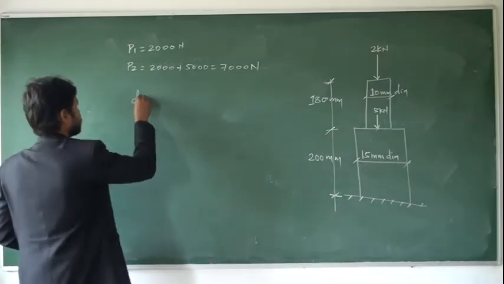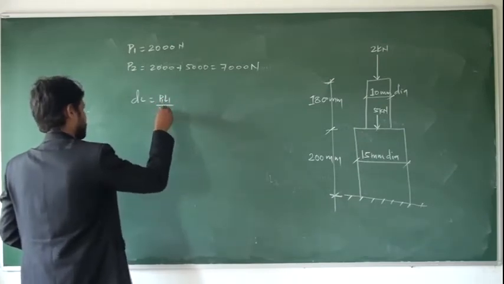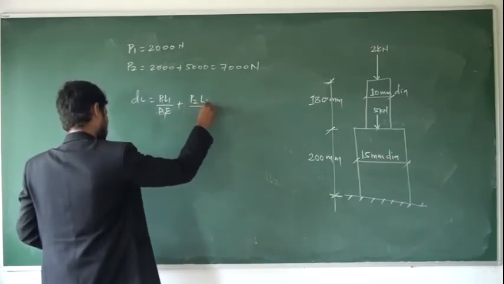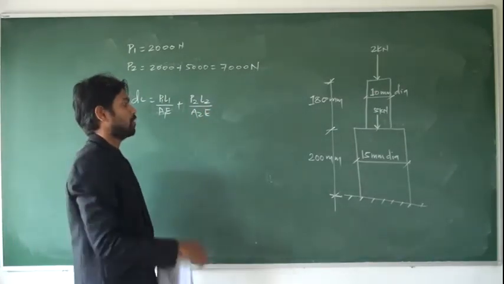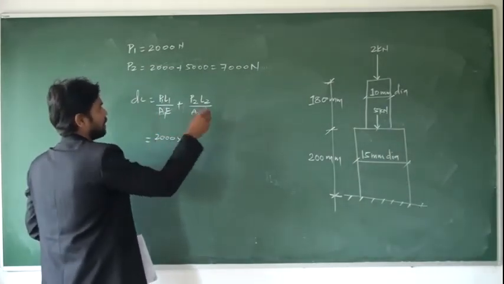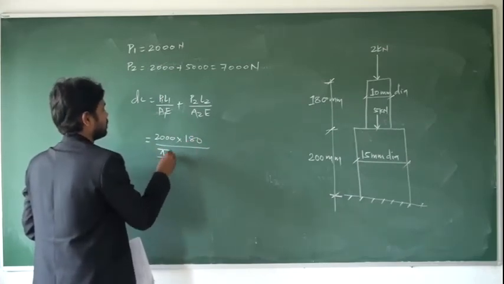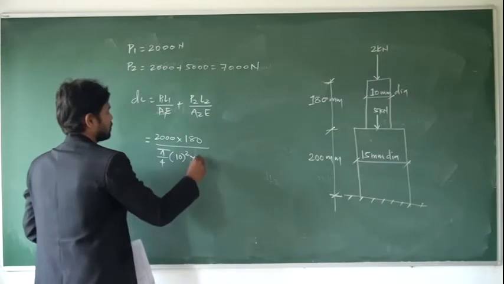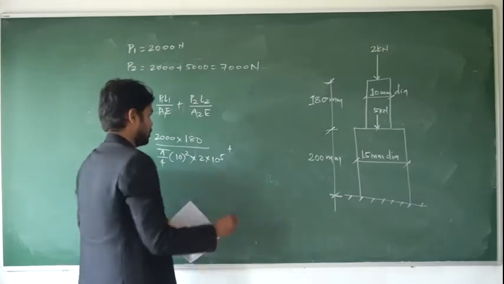So this dL will be equal to P1 L1 divided by A1 E, plus P2 L2 divided by A2 into E. I have directly put the formula because two different parts are there. What is P1? P1 is 2000. What is length L1? It is 1 inch. Divided by A1. A1 is the area of the first part, that is pi by 4 into 10 square, because its diameter is 10 mm. Young's modulus is the same for all, 2 into 10 raised to 5, plus then 7000